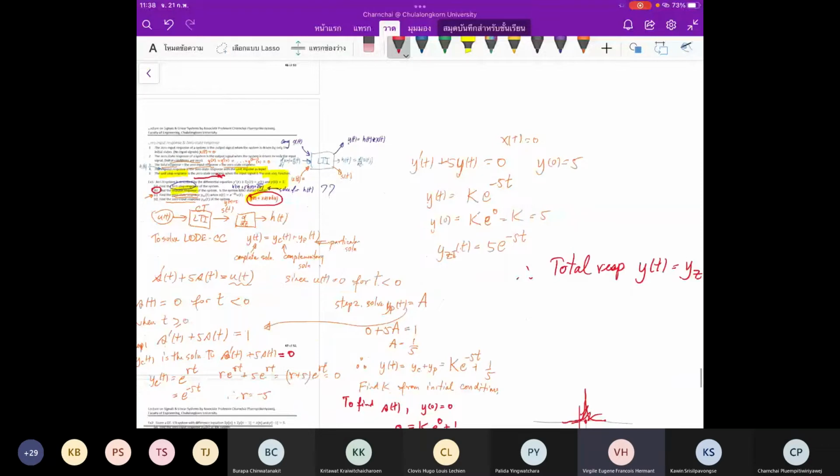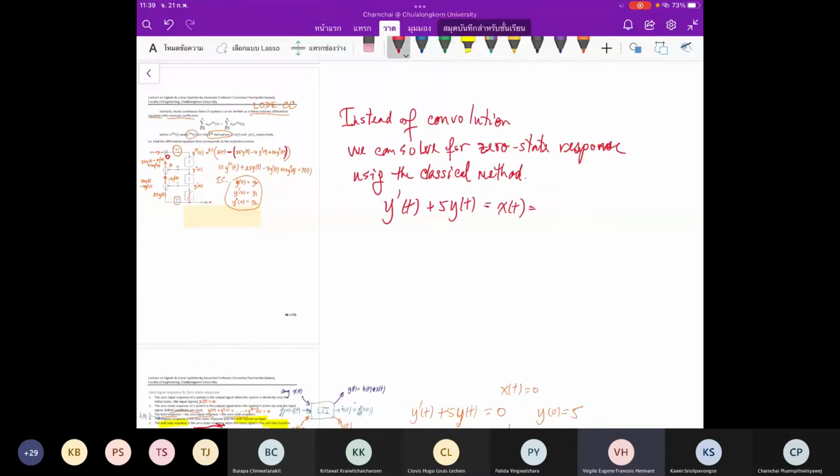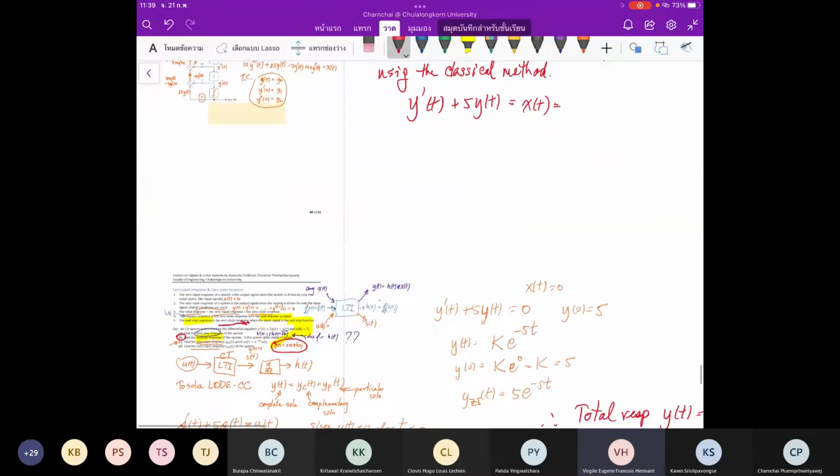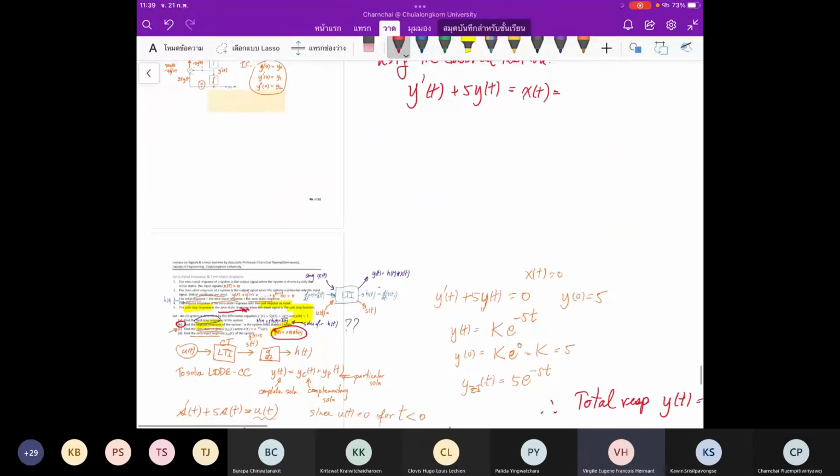And this x(t) is supposed to be e to the negative t times u(t), right? If you use the classical method,